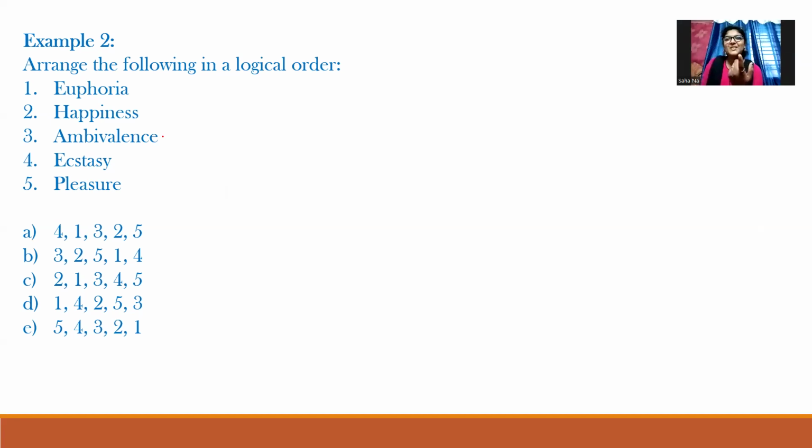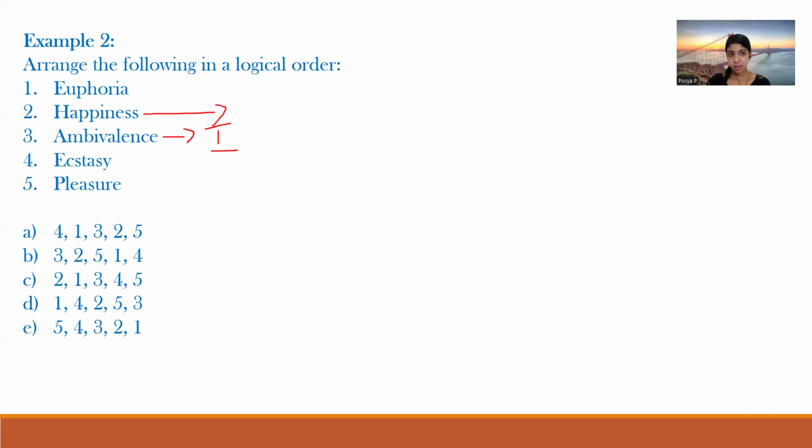Then it is euphoria, third, ma'am. The first one will be ambivalence. Option D, I think so, because you only told very less. Option D, how is it option D? What is the number in option D? Sorry, one. Option B, 2514. Right. So it's ambivalence, then you have happiness,